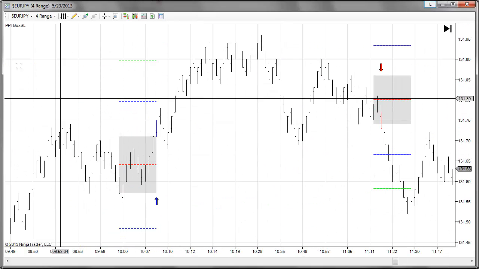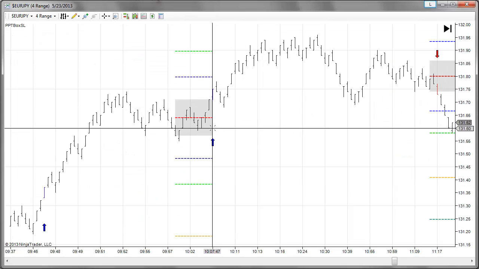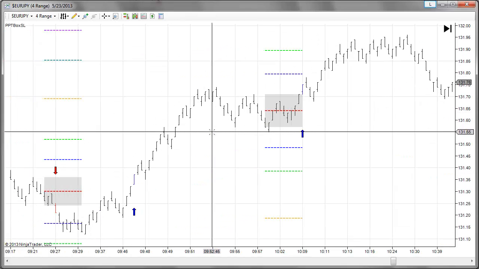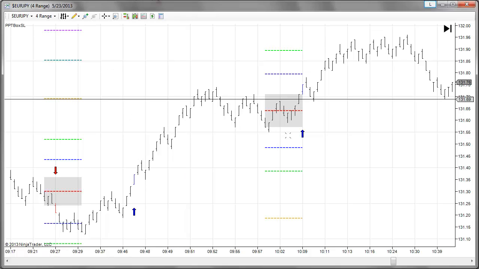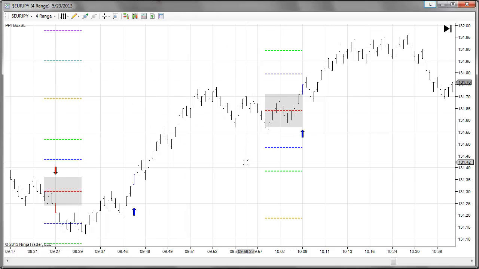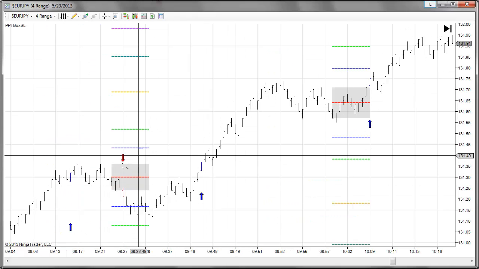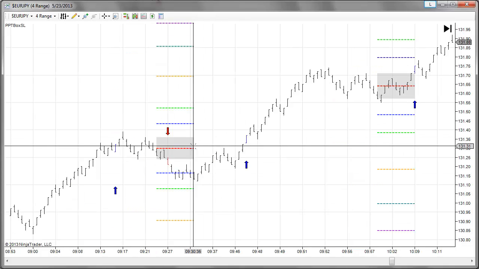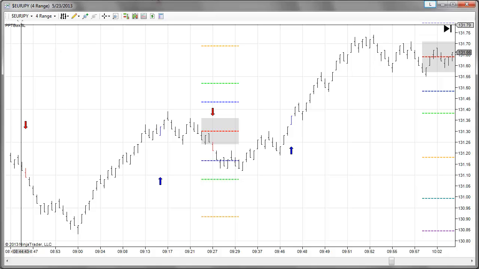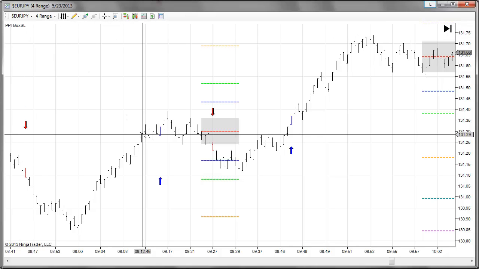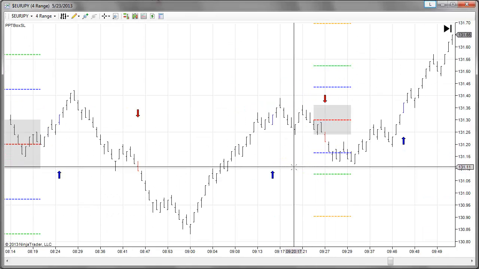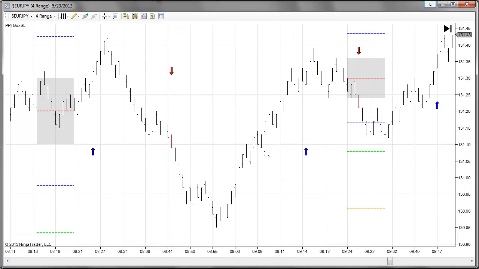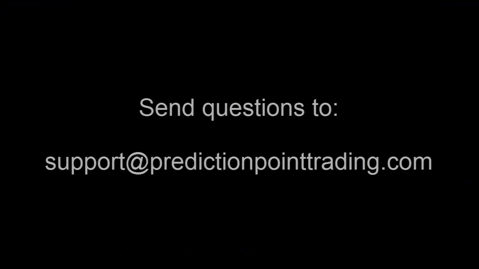This 4-range chart, I do know that we have another Forex trader who specifically uses this. This is why I showed you this. It's very, very profitable. I'm not going to do the math on that for you, but you can just pull it up. Do a Euro Yen, you can do anything. I know that different charts work differently for different pairs, but this is a very, very profitable setup right here. So if you have any questions, send them to